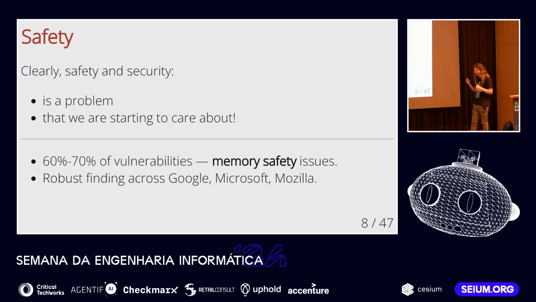So it clearly is the case that safety is an issue, and right now, we are starting to care about it more than we used to in the past. So we are starting to increase the safety of our system software. One thing to keep in mind, though, is that although those two examples, Heartbleed and Cloudbleed, were pretty drastic, you shouldn't use outliers. You shouldn't use examples to think about the world.